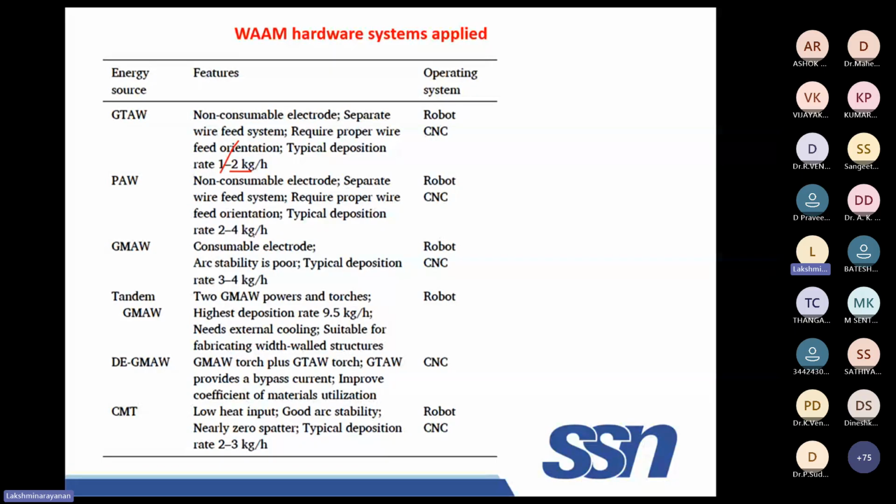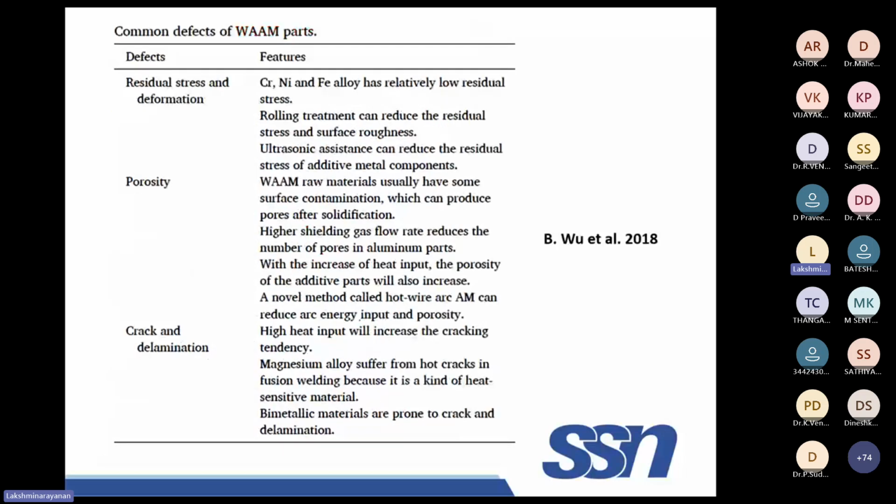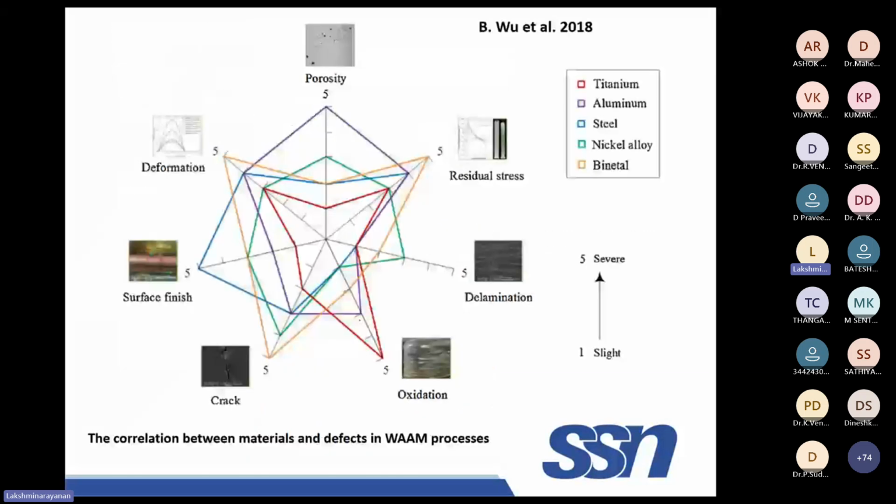Tandem wire, if you use multiple wires, you can deposit up to 9 point, almost 10 kg per hour. That is another advantage. Okay, so these are some of the systems. Just this radar plot will give some idea about what are the very important aspects you need to consider when you build